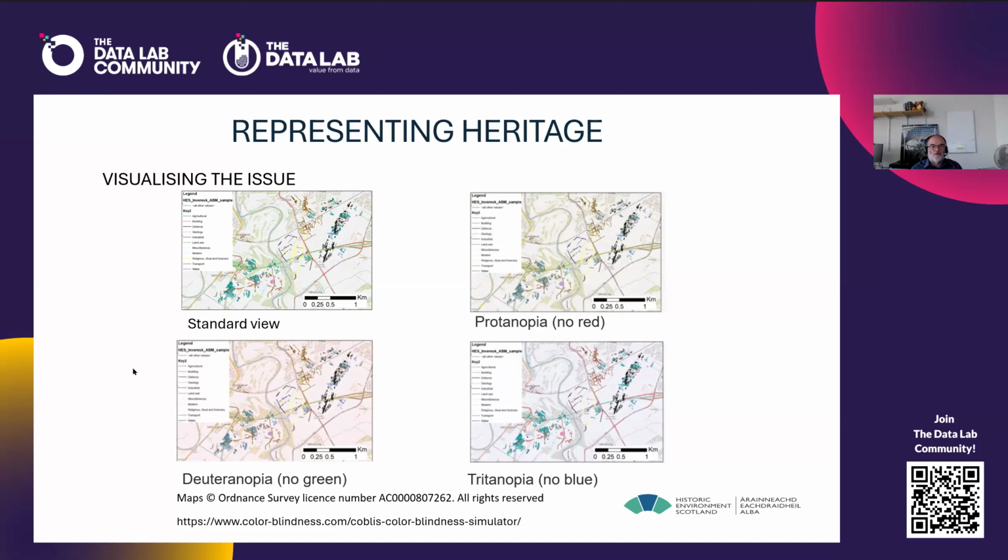So there are lots of different things that we want to explain and interpret on the map, which goes against the guidance for colours and accessibility. It says you should really only have about 4 or 5 distinct colours. We've got double that, 9 or 10, and they all interact with each other in this small area. So taking the screenshot, I've dropped it into an emulator called Coblis on colorblindness.com, which allows you to simulate how somebody with no red, no green, or no blue vision would see